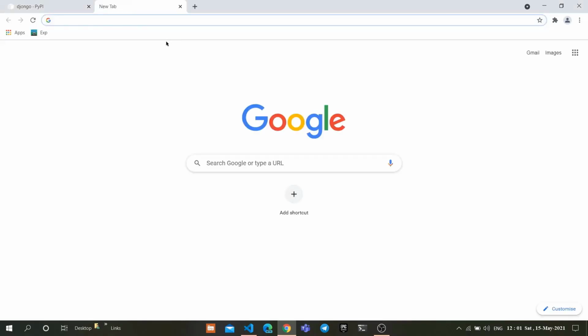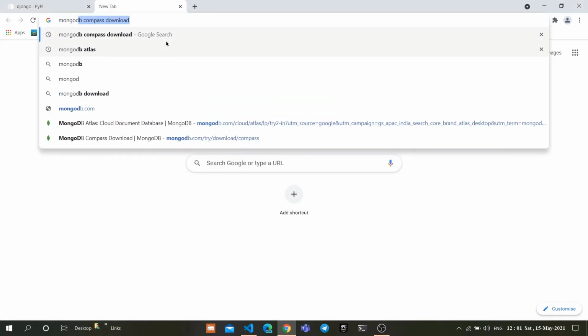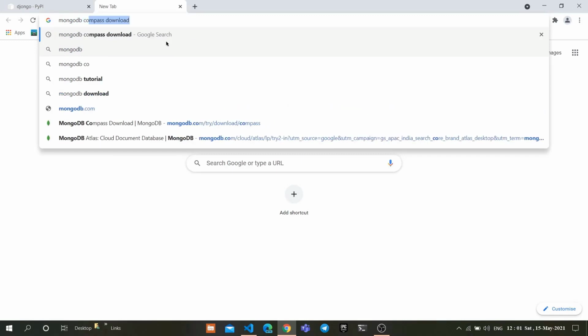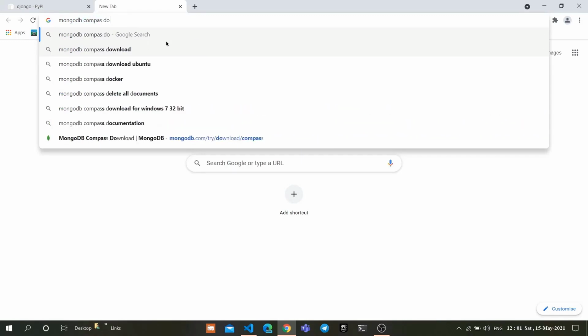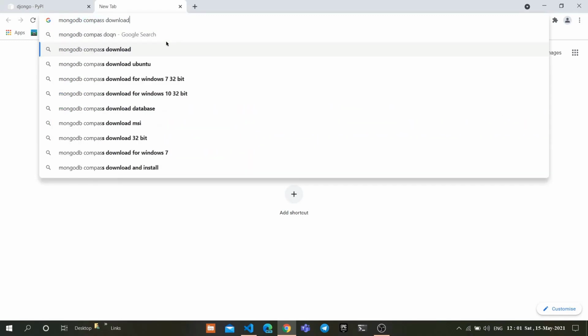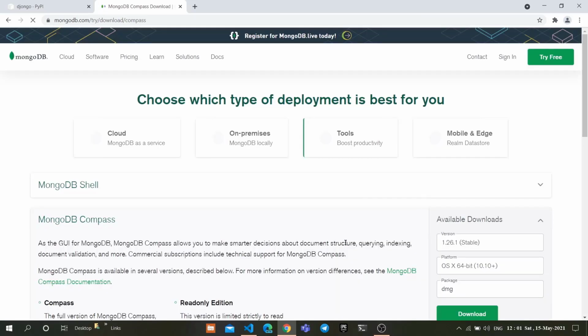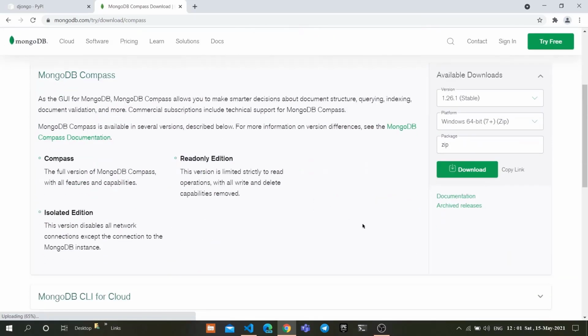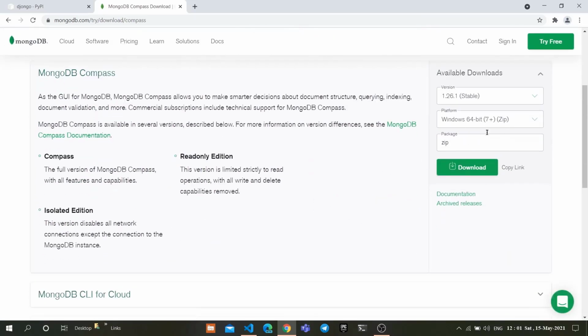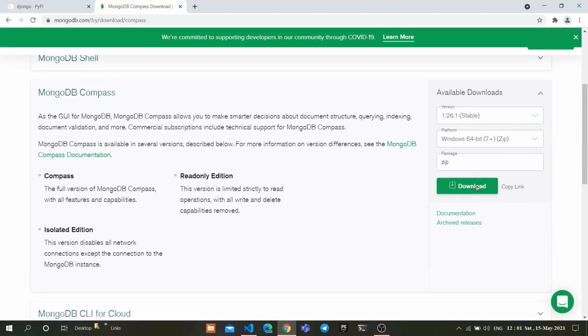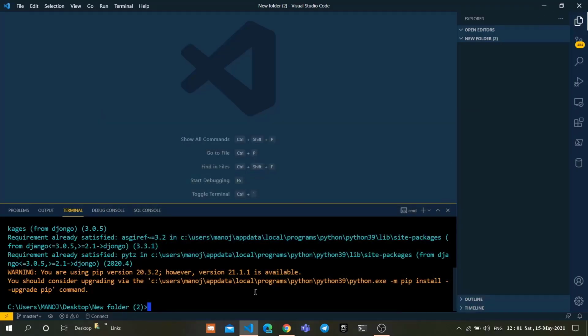And the second one is MongoDB Compass. Download it from this site. Here, as you can see, my operating system was detected. So download this, guys. I have already installed it on my local machine. MongoDB Compass is the requirement. So after installing it,